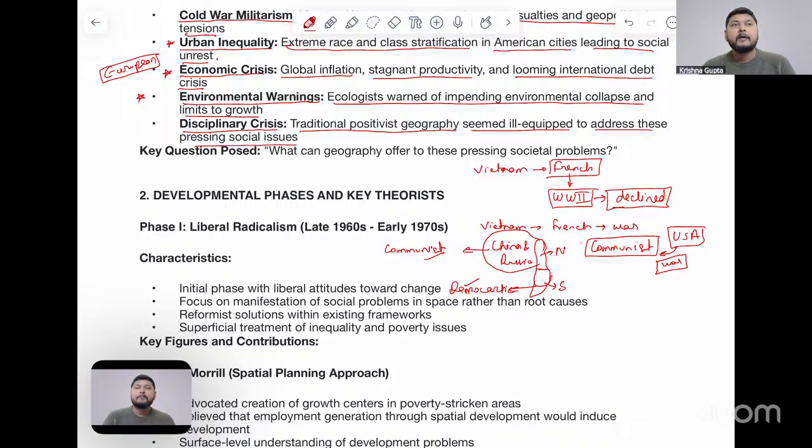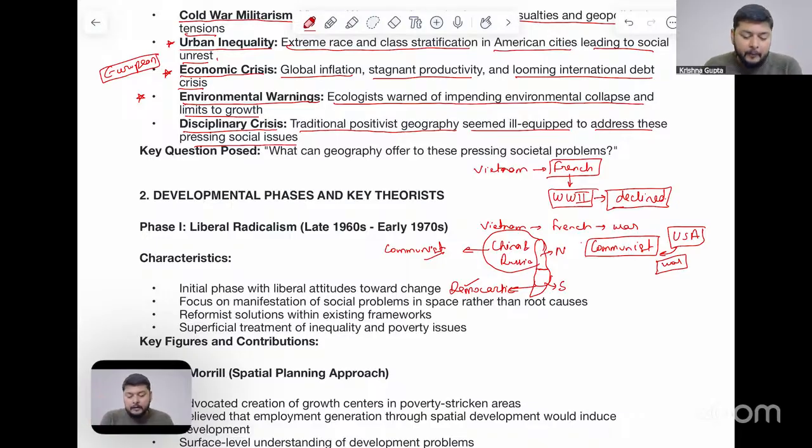For example, if I want to look out for why black people are living in this particular underdeveloped area or shady region, and why white people are living in a better area with better public infrastructure, despite black people having high money, they cannot move to a region where they can enjoy better public facilities and better living conditions. So this was seen as a kind of suppression of certain sections of society in America. Not only America, but this same issue was also seen in other countries of the world.